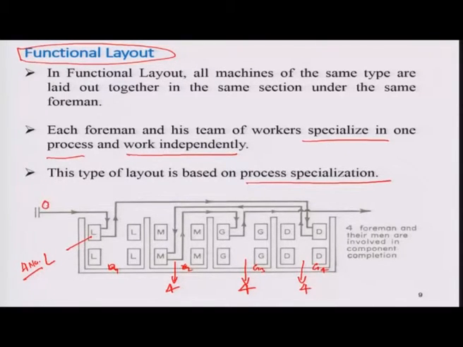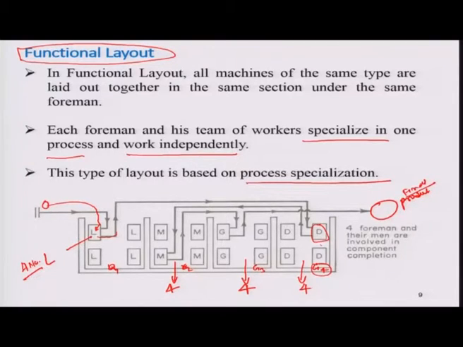Here one product will come in and get processed, then after finishing this work it will go to the group 4 area, and there in machine D it will get processed again. Then it will go from here to there, and finally it will come out from your workshop as the final product.